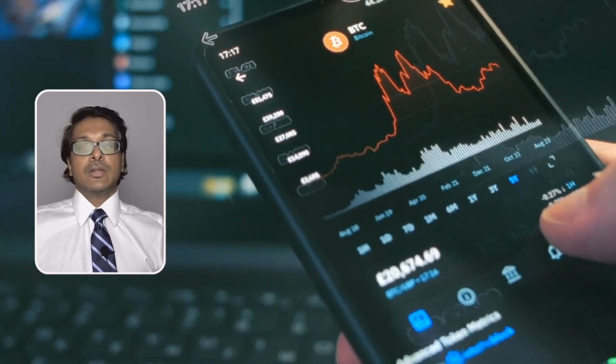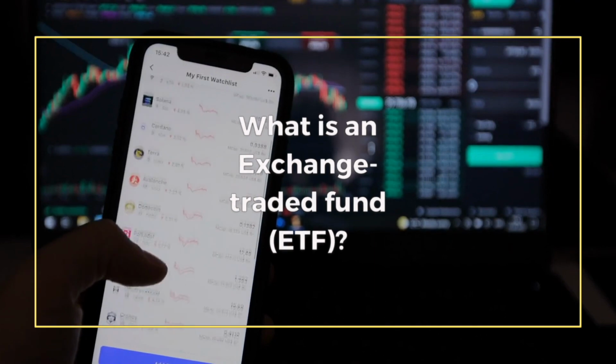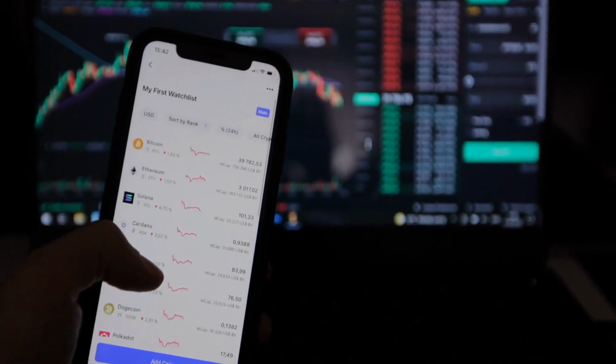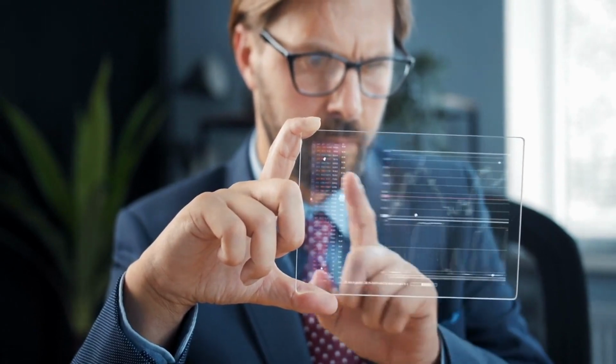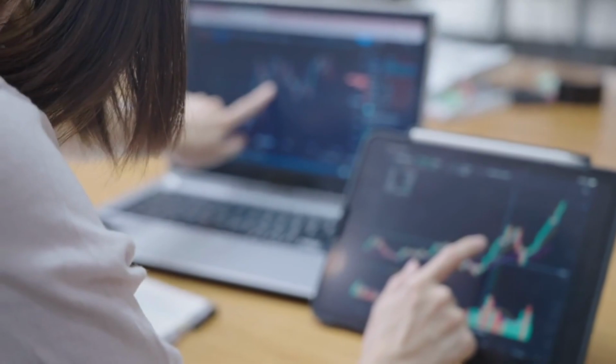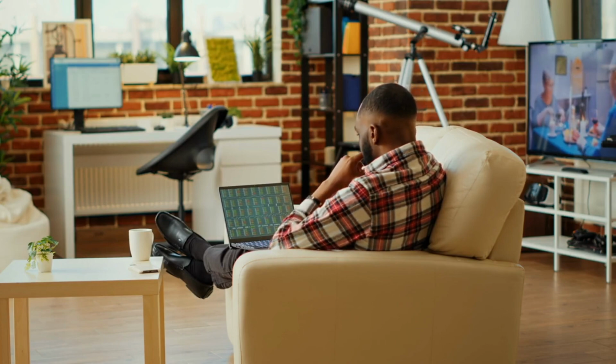In today's video, we're going to look at a step-by-step process of buying an ETF. So, what is an exchange traded fund? An exchange traded fund or ETF is a basket of investments such as stocks or bonds. Exchange traded funds can be an excellent entry point into the stock market for new investors. They are cheap and typically carry lower risk than individual stocks since a single fund holds a diversified collection of